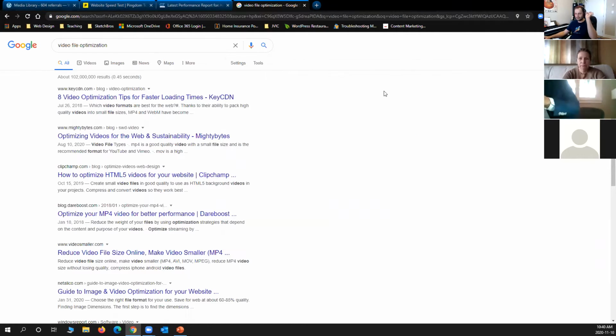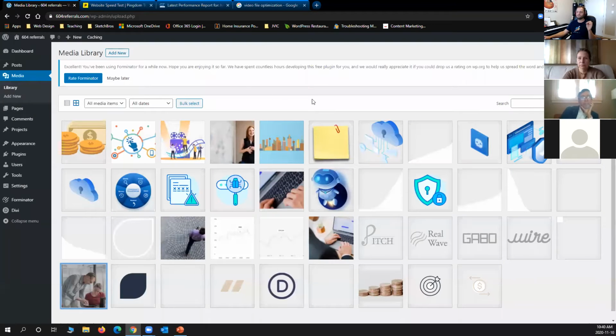Still, a small point. I do not suggest anybody to ever use videos as backgrounds because they are still large files. You know what I personally do? I turn my videos to GIF format. Because if a video is 10 megabytes, the same video turned into a GIF becomes 2 megabytes. It's much smaller. Again, it's another idea.